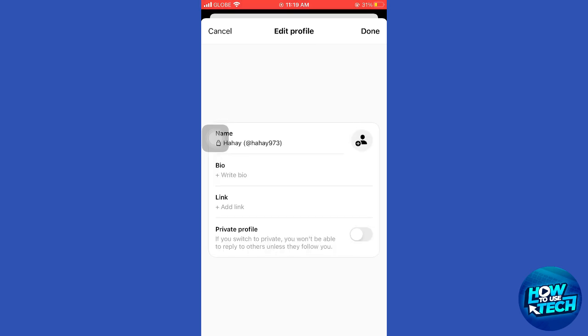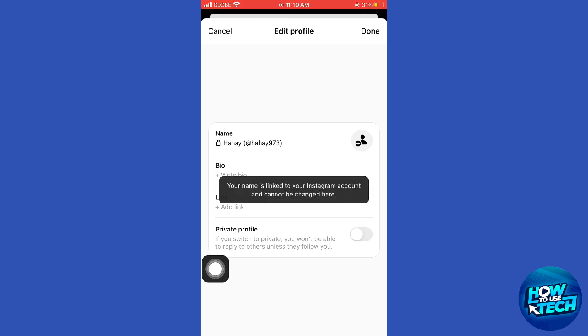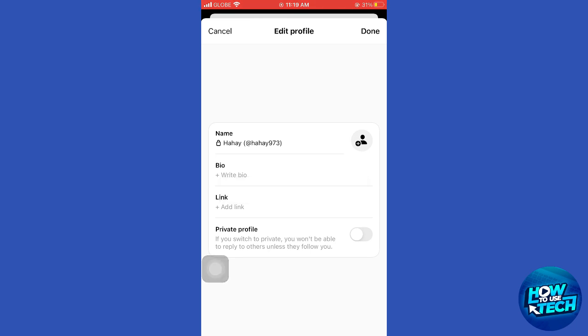Here's the important part. Your name in Threads is directly linked to your Instagram account, meaning you cannot change it directly within the Threads app. This is a decision made by the teams at Instagram, Facebook, and Threads, but we will show you how to update it. Once you understand the linkage, press Done at the top right corner of the screen to go back